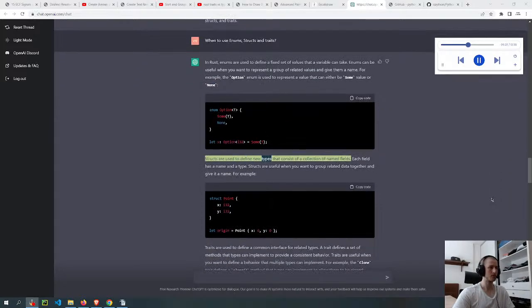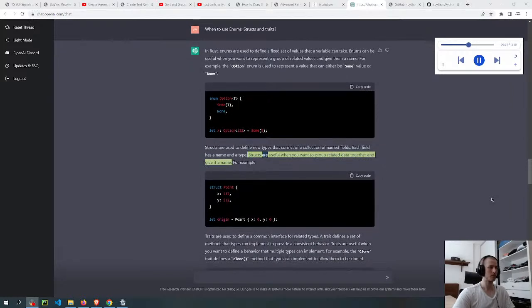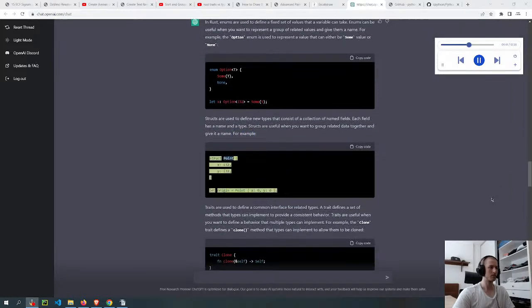Structs are used to define new types that consist of a collection of named fields. Each field has a name and a type. Structs are useful when you want to group related data together and give it a name. For example, struct Point { x: i32, y: i32 } let origin = Point { x: 0, y: 0 };